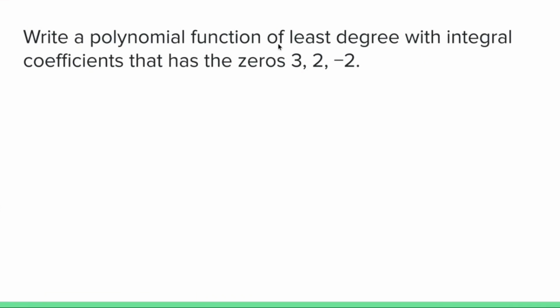Write a polynomial function of least degree with integral coefficients that has the zeros 3, 2, and negative 2. You might be wondering, what does this mean? Let's work backwards for a second. If we're doing a factoring problem and it equals 0 and you get something like x plus 5, x minus